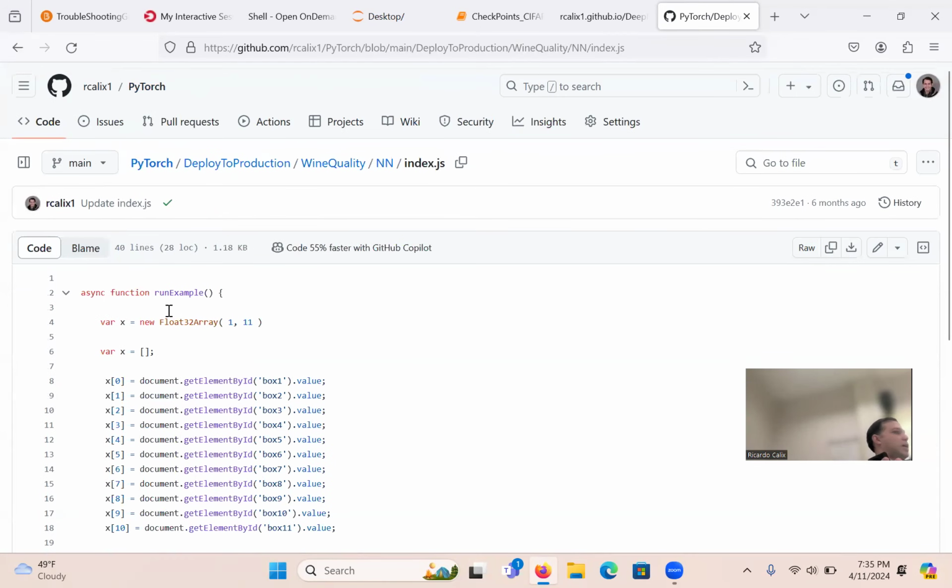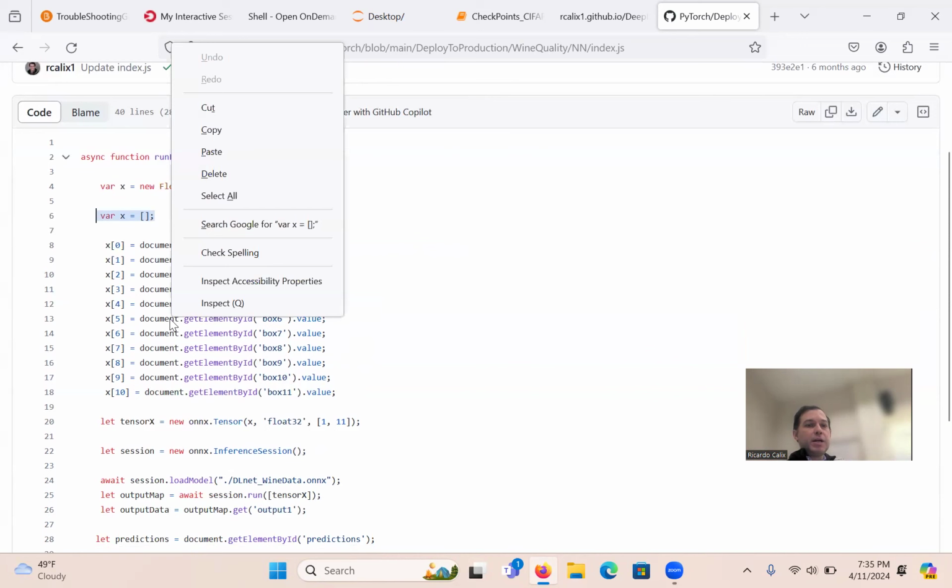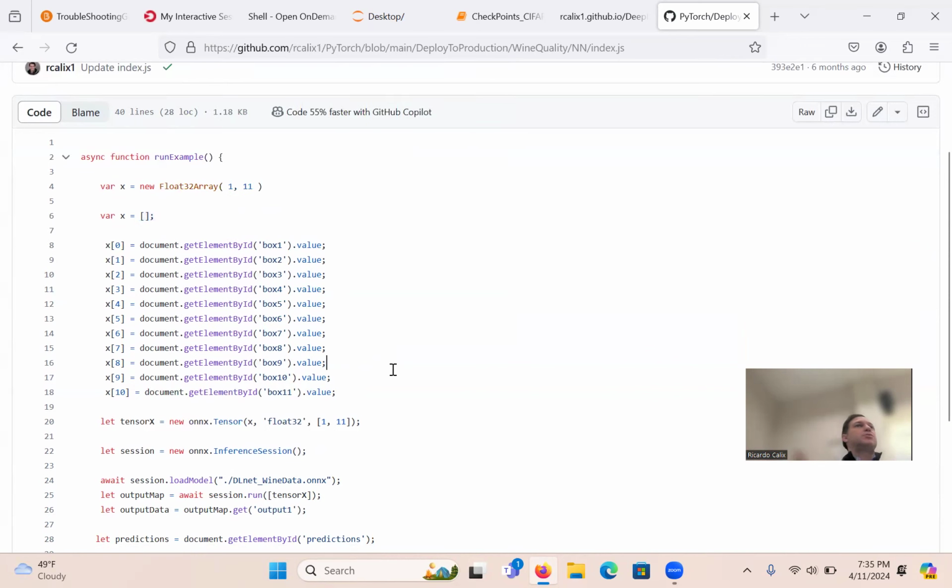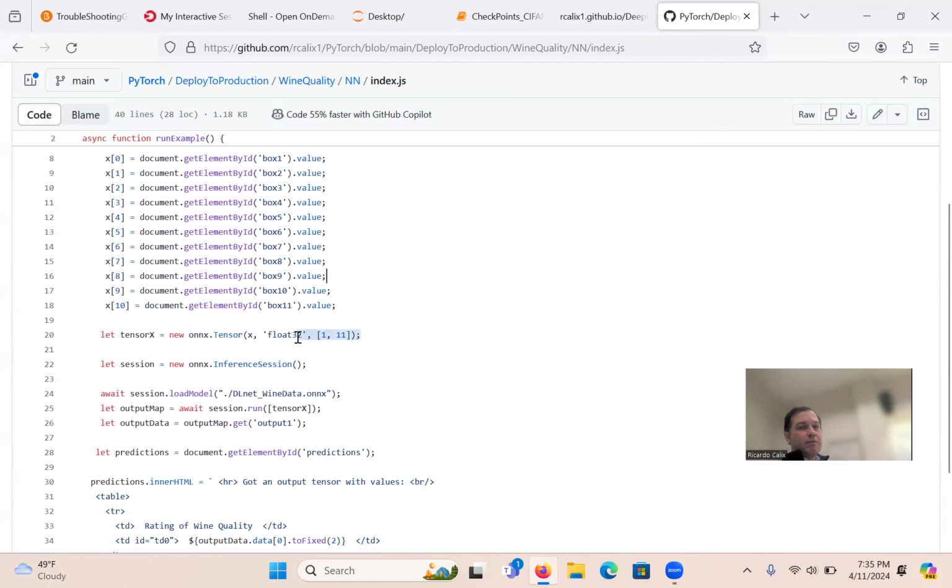You need to create a variable of the size 1, 11 for this example. Why 11 again? 11 features, right? That's the input to the model, right? Create this var x, and then what is document get element by ID? It's just an HTML thing to extract the values that you enter into the 11 text boxes. You guys see that? You collect all that data into X, and now you need to convert that into a